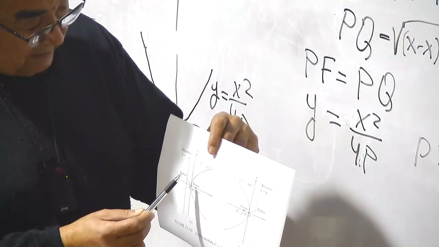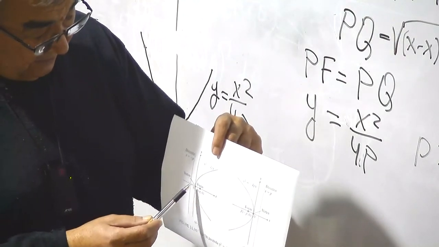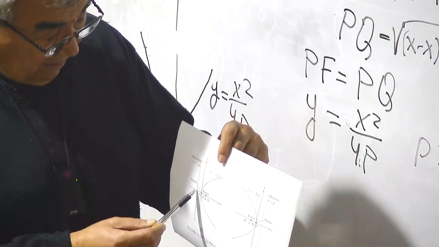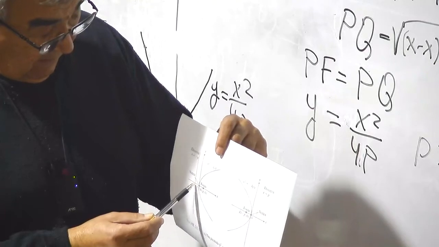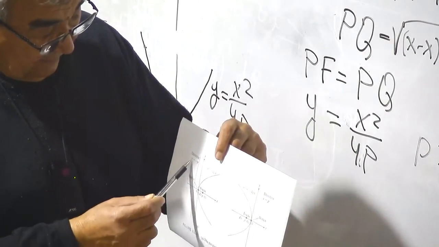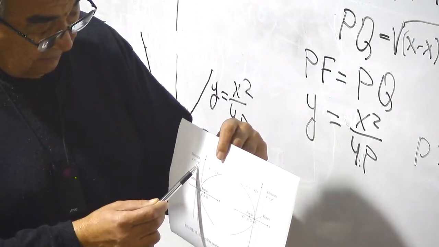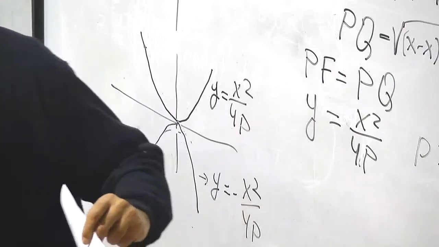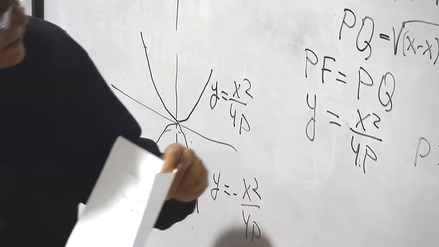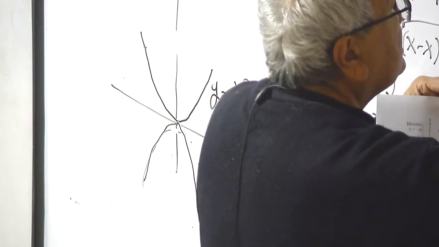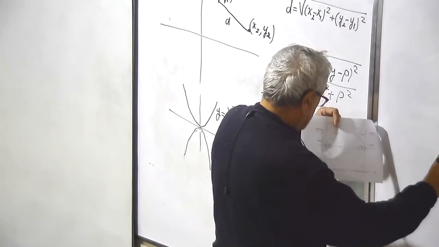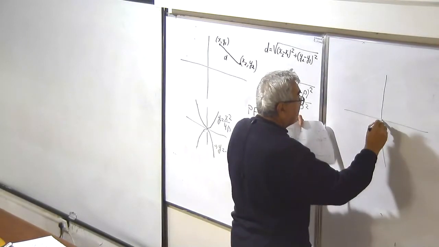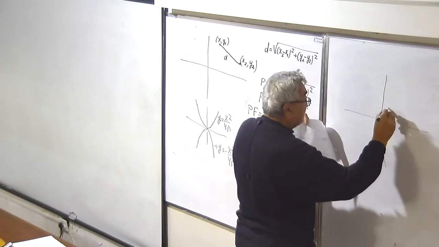Again, that means after some simplification, if the distance here is p, here distance p, because now the x coordinate will be negative. That means you see x equal to minus p. You receive these equations. That means for this case, I receive the following curve. That means for the first case, I receive this curve,